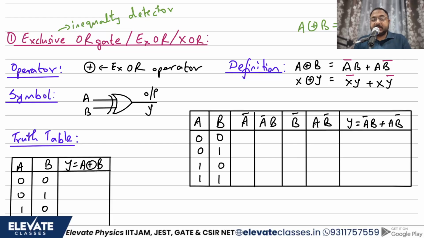Now what is the symbol? This is the symbol. If you notice, if I remove this one line, अगर मैं इस एक लाइन को हटा दूँ, then this looks very similar to OR, right? That's why this is called exclusive OR. So what we do is we just add one extra curved line over here, and we get the symbol of XOR. है ना? हमें XOR का symbol मिल जाता है. So I think now you've got an idea of what the operator is, how it looks, what its definition is, and what the symbol is. Now we want to find the truth table. Since this is not AND or NOT, and this is not NAND and NOR, इसका ट्रुथ टेबल हमें फाइंड आउट करना पड़ेगा. We have to first fill the truth table.